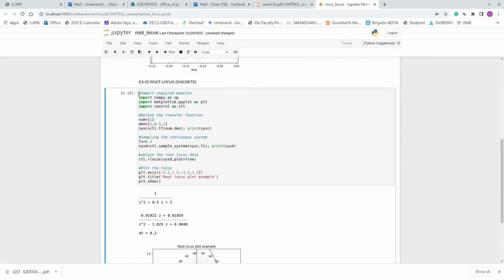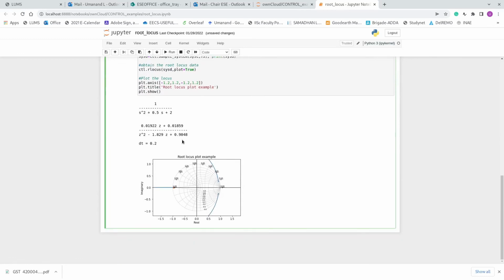So I would not like to make a duplication of the script. You have already written this script file in rootlocus.py. You need not copy it here in Jupyter. Instead, let me insert a cell below.